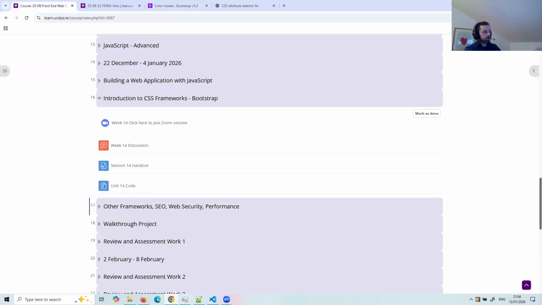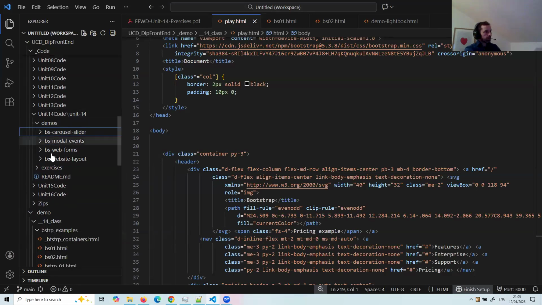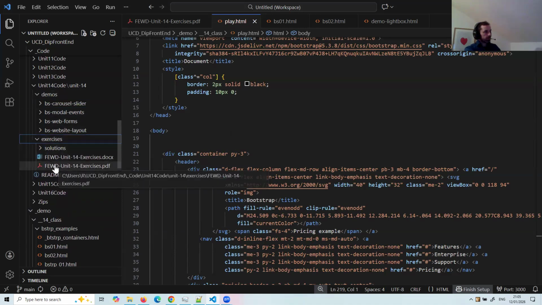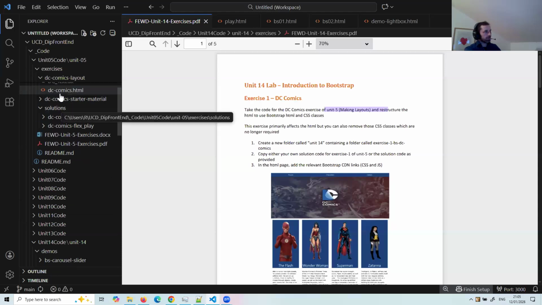Now, what we'll do now is from the main page, the Unit 14 code section. In there, Unit 14 code, there are demos. You can have a look at anything you like there. We'll get to the modal events and forms and stuff like that later. But in the exercises, there is this one. It says go back to the Unit 5 DC Comics example. So if you go to Unit 5 DC Comics,